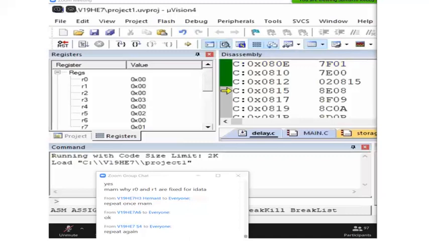So a maximum of 6 bytes of arguments can be passed through the CPU registers in this architecture. Minimum it can be even less. Is it clear?